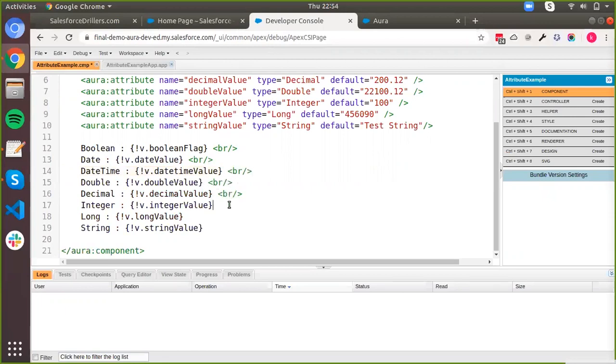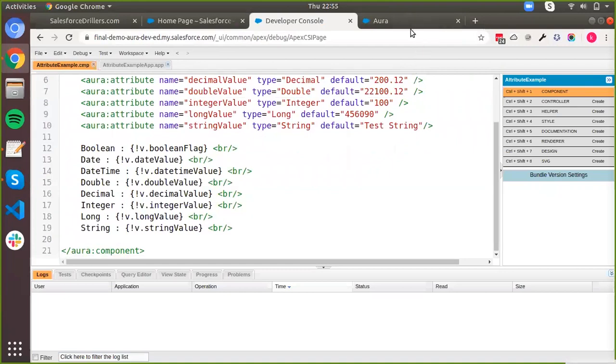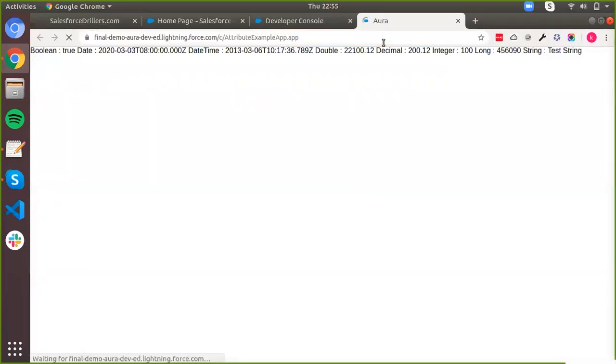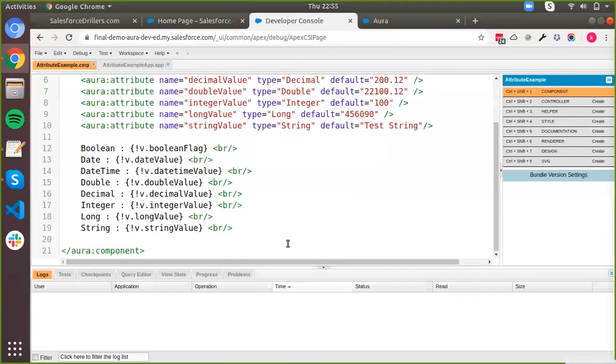So using these is pretty easy. And again, if you want to bind the value of these with any input fields, you can do it the same way that you did for the string. So let's say we want to bind this boolean with a field. What you will do is something like lightning input type equals to checkbox,